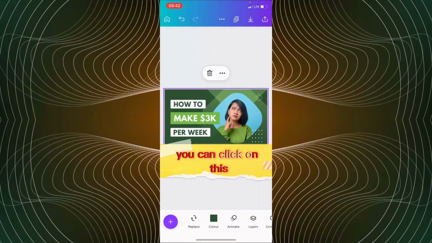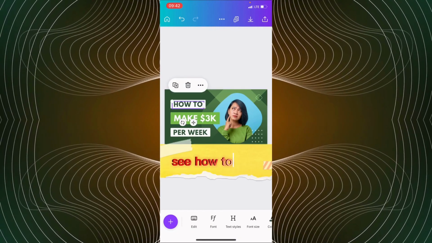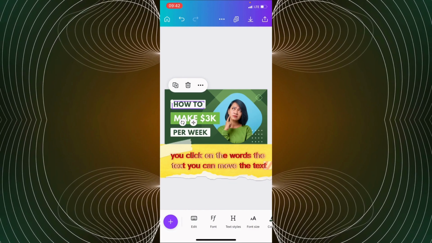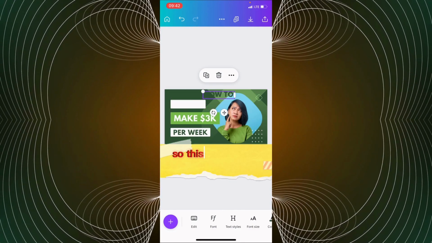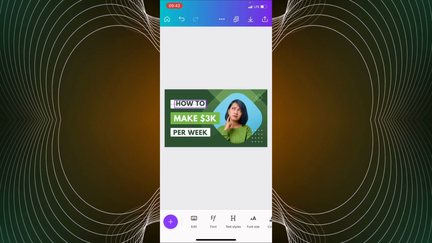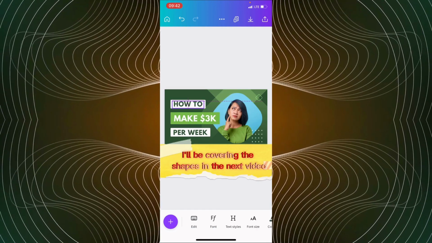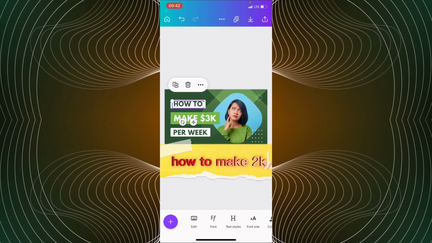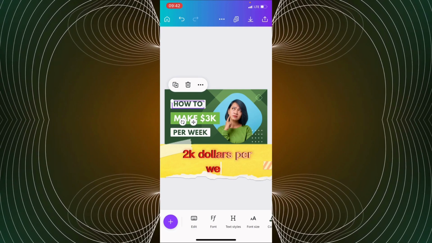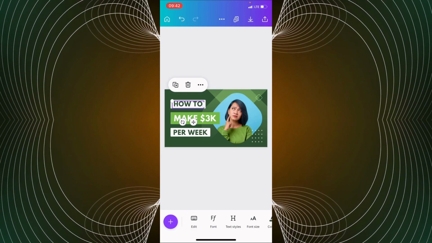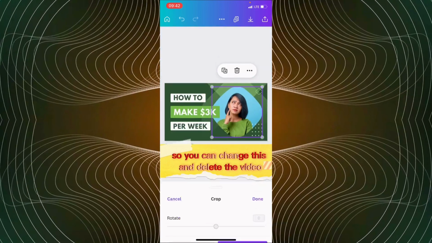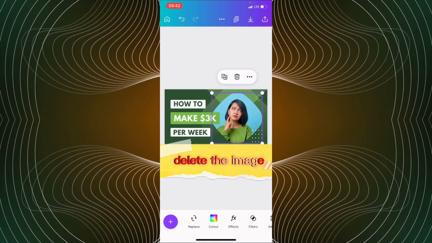So you can click on this. You see how to make. You click on the words, the text. You can move the text. So this is a shape. This is a shape. I'll be covering the shapes in the next video. How to make 3k dollars per week. So you can change this and delete the video, delete the image,